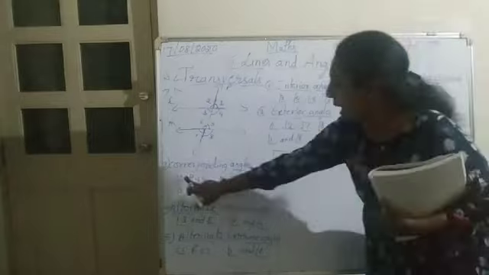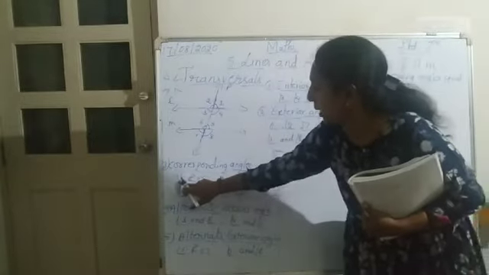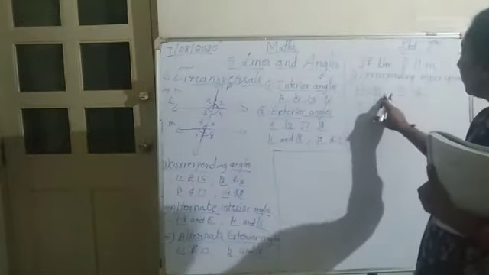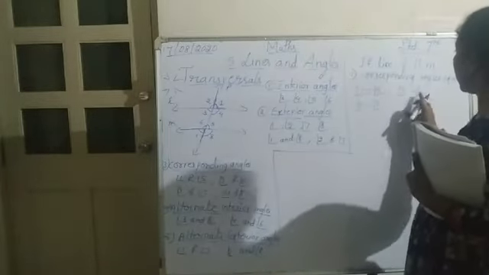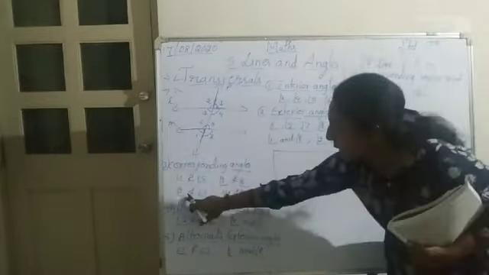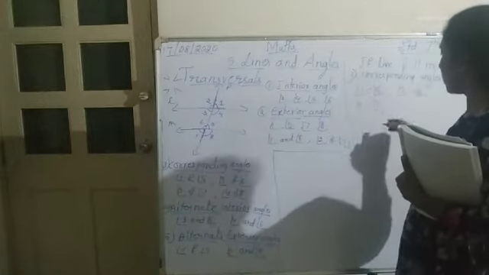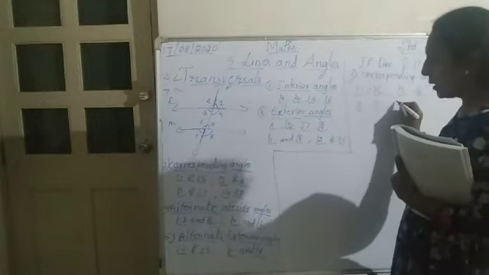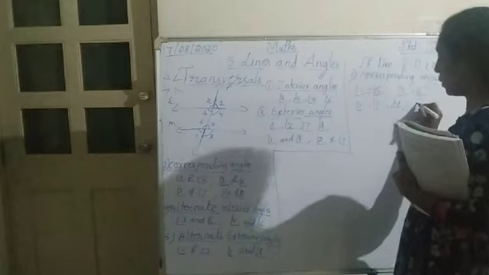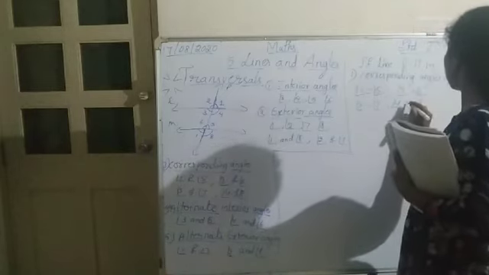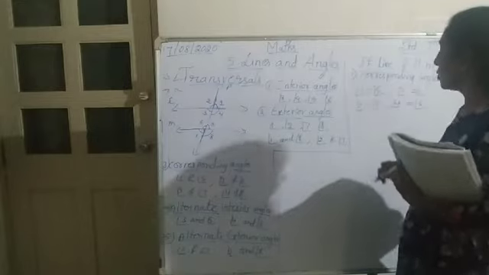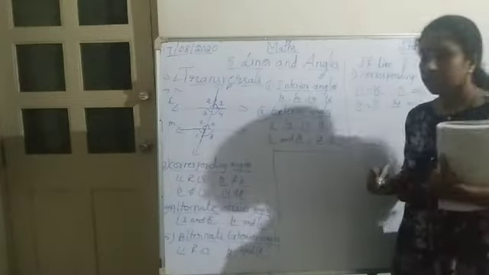See here. Angle 1 and 5 I said, but both those two are equal. Angle 2 and 6, angle 2 is equal to angle 6. Angle 3 and angle 7, so those two are also equal. And then angle 4, which is equal to angle 8. Okay, so these are the equals. Those corresponding angles will be equal.